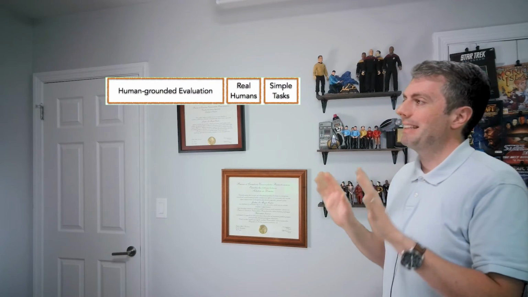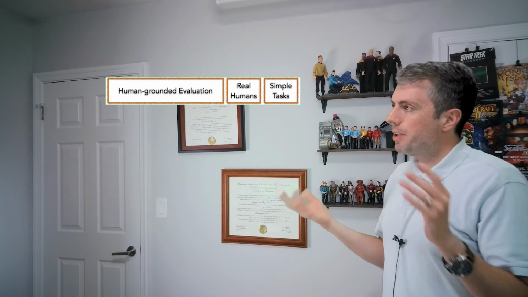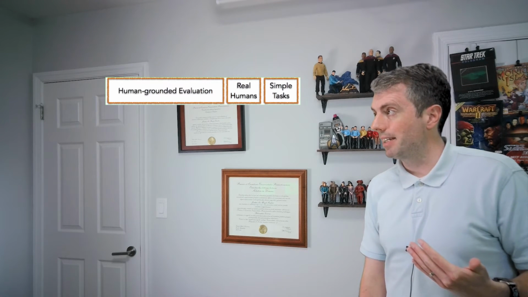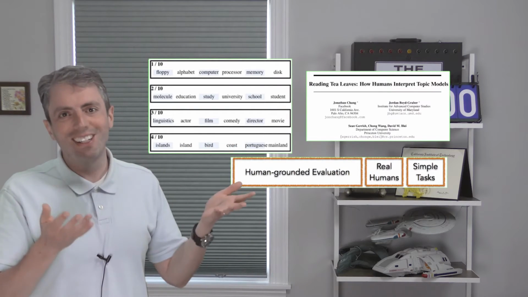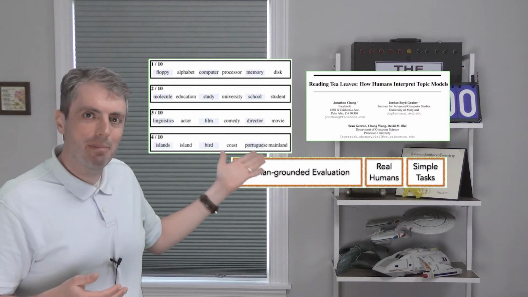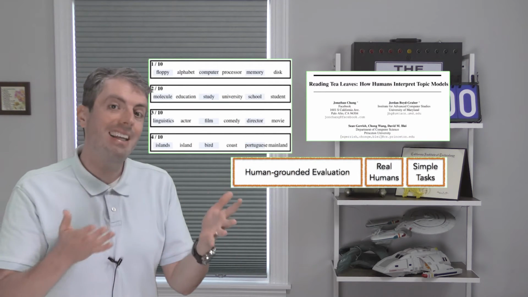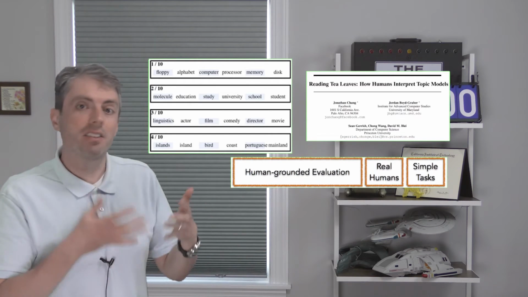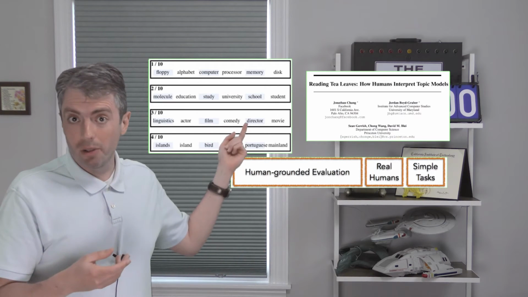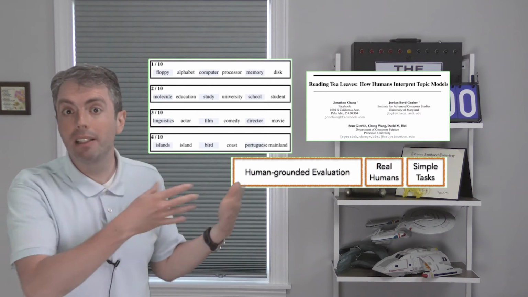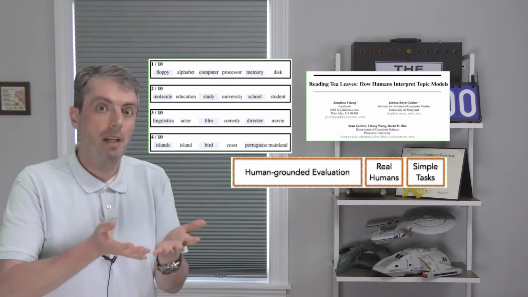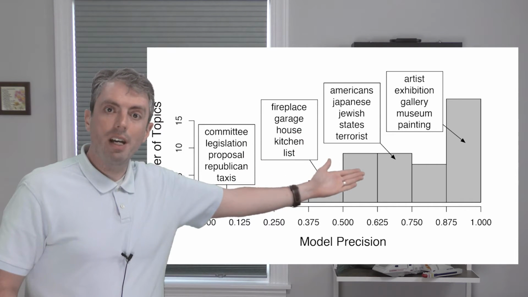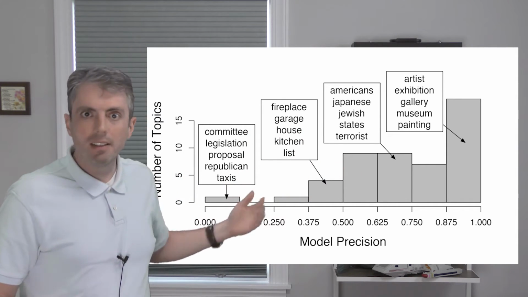Instead of a complicated task that almost takes an hour, let's have humans look at a topic that comes out of a topic model for a couple of seconds. We've inserted something we call an intruder word into each of these topics. And if the user can find the intruder word that doesn't belong, then we hypothesize that the underlying topic, before the intruder word was added, made sense. If they just randomly click on any of these words, the topic must not have been very good in the first place. And from this, you can figure out which of the individual topics are good or bad.